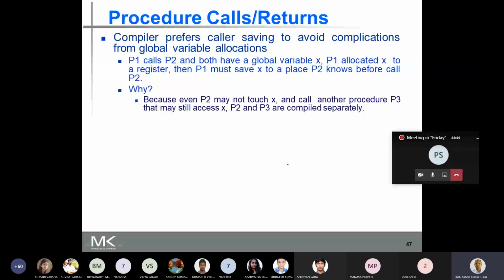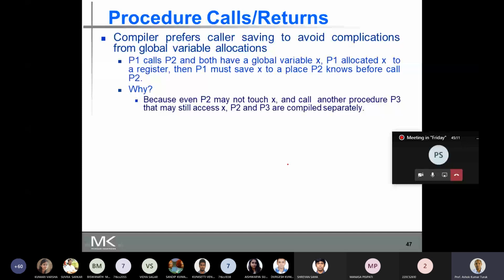P1 is using the variable X. It has called the procedure P2, and we are using a callee saving mechanism, and P2 is not going to use the variable X. So since P2 is not going to use the variable X, it is not going to save the register where the value of X is present.